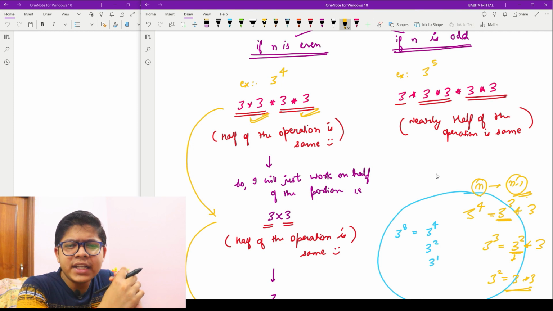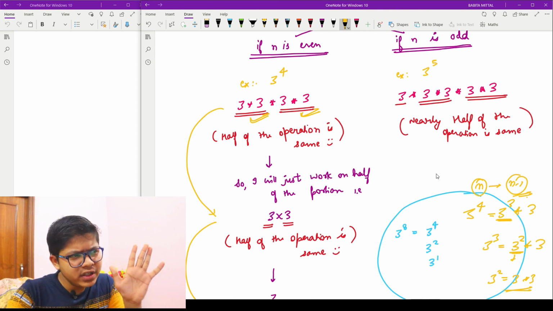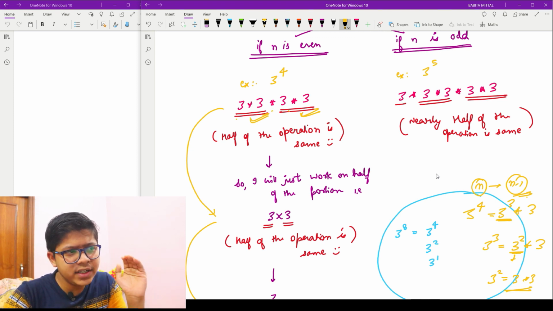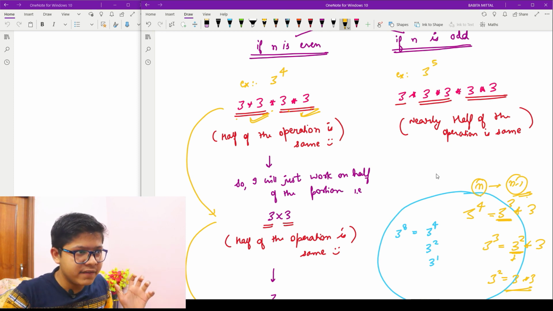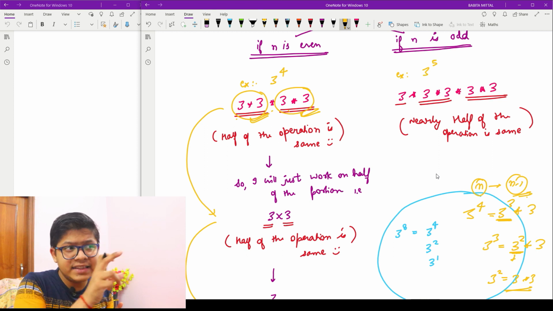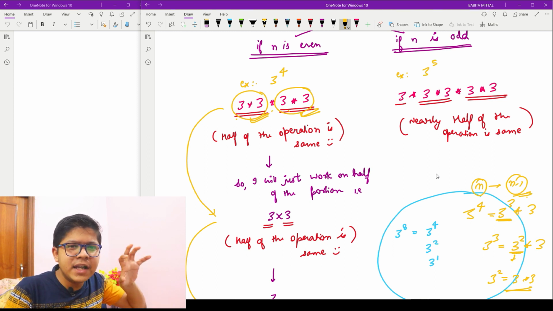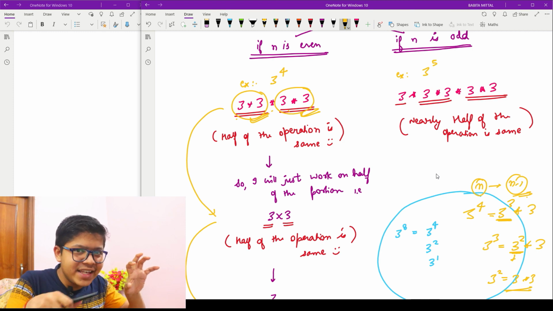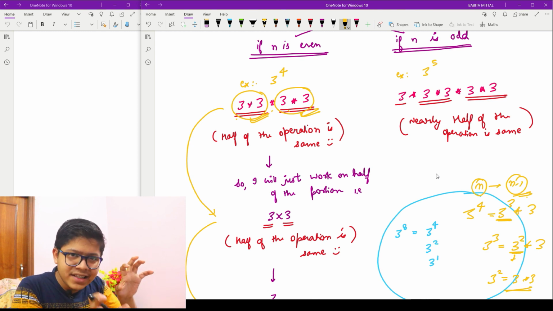Now I am saying that you don't need to worry about the last power. You will worry about the half power. If you clearly see 3 into 3 into 3 into 3, I can break this whole thing into two bunches, the bunch right here and the bunch right here, and I can clearly see that these bunches are the same. So if I can find the value of any one bunch, I will multiply the same value with the other bunch, which means I will multiply the value by itself. So I will find the result.